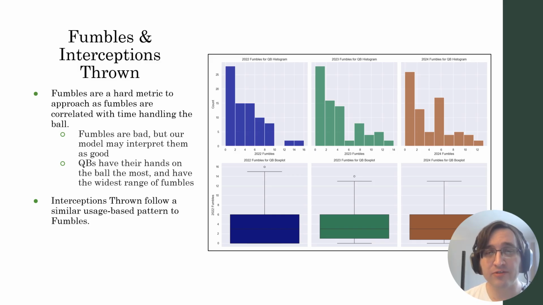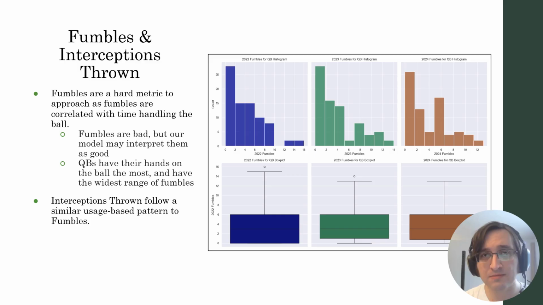The more time you have handling the ball, the more fumbles you're going to have. And time on the ball is going to be associated with a bunch of positive metrics because you're a player that's being used very often, probably because you're one of the better players. And so this metric may actually end up being a positive indicator, even if it is typically considered a bad thing. Interceptions also follow a similar pattern, so it'll be interesting to see how our model ultimately ends up interpreting